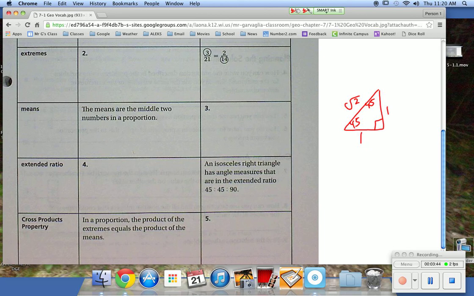So when they say they want to extend the ratio, I can call this x, and I can put an x in front of it. So if I look at this and I say, well, I know that this is 7 square root of 2, then I know this length is 7 and this length is 7. That's extending out the triangles. We are going to be working with these types of triangles. There's another one,